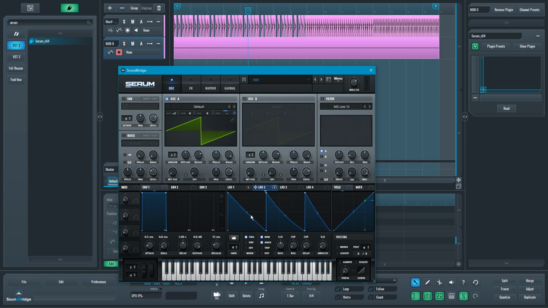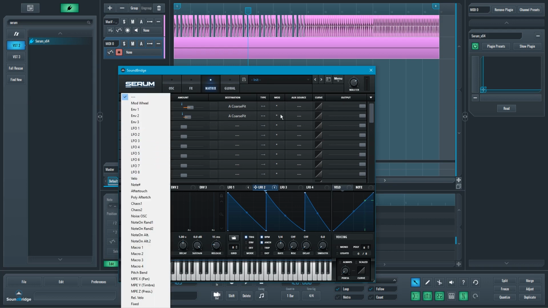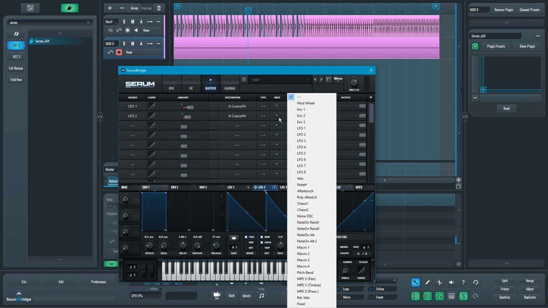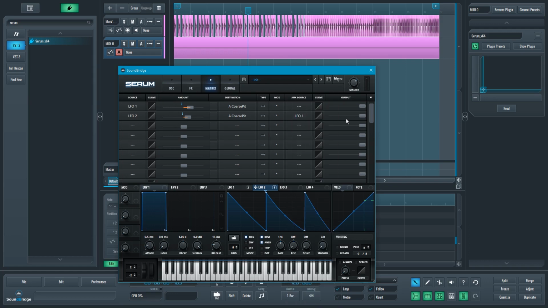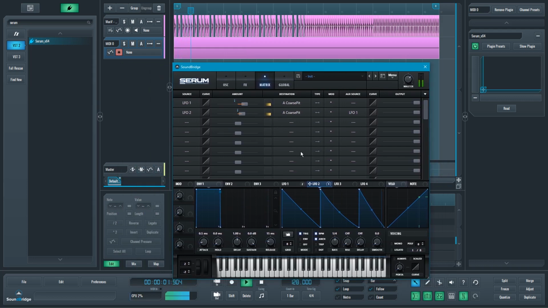I would actually prefer this sawtooth to start off flat. So let's see if that's doable. Let's see if we can route this LFO1. So if we can use this LFO1 as the aux source for the LFO2, just like this. So let's see if that's gonna work. So let's try it. Beautiful, beautiful. So what I've done right there is I've made this LFO1, which just slowly rises upwards, to be